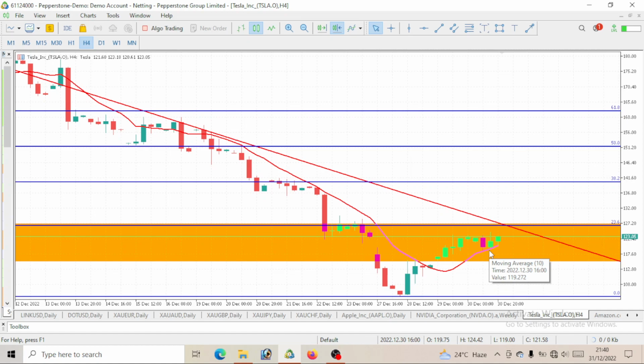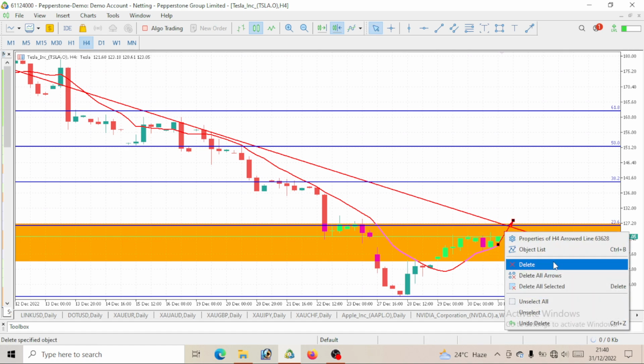When you see on the 4-hour time frame that you are having higher highs and higher lows, then definitely you would have to stay out of this trade until you are getting lower lows, lower highs. If you are getting lower lows, lower highs, you can go ahead and sell on your Tesla. Or once the price is trading below your 10 period moving average, you can go ahead and sell. But since we are still getting higher highs and higher lows, and this price is trading above this 10